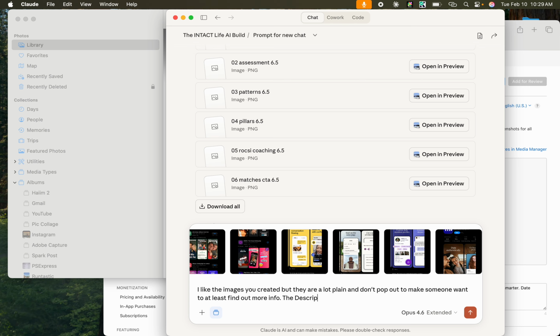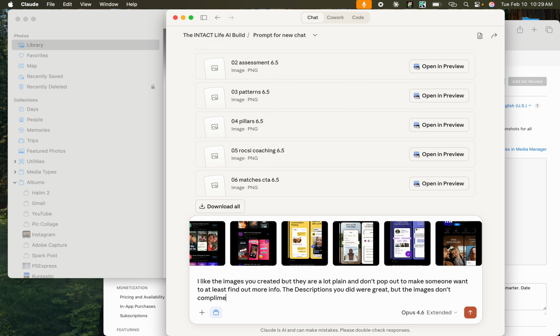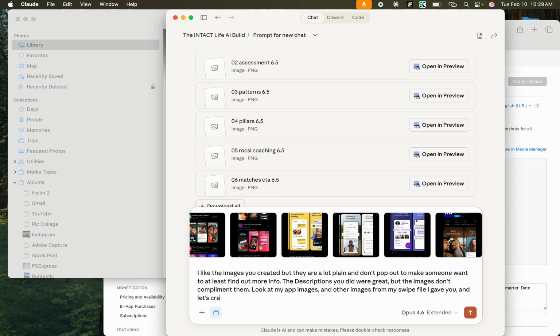The descriptions you did were great, but the images don't complement them. Look at my app images and other images from my swipe file I gave you, and let's recreate these.